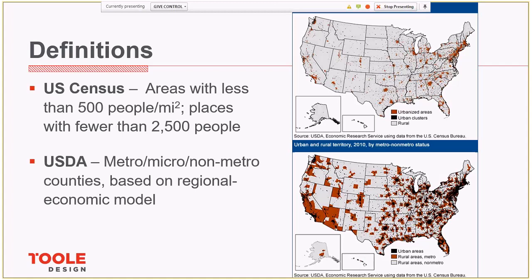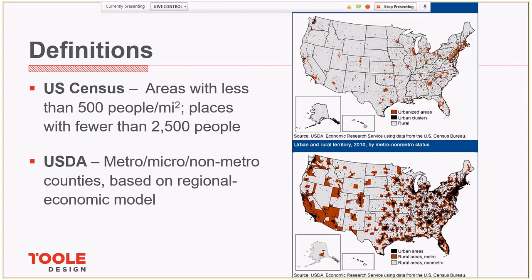So not only does rural look different when you're there, but it also can look very different on maps depending on which definition you use to define rural areas. Looking to the federal government and national standards, the U.S. Census defines rural solely on population, so areas with less than 500 people per square mile and places with less than 2,500 people are considered rural by the census and are the gray areas in the map above.